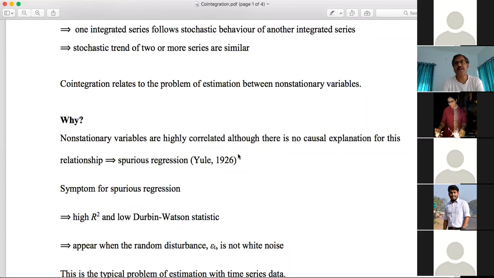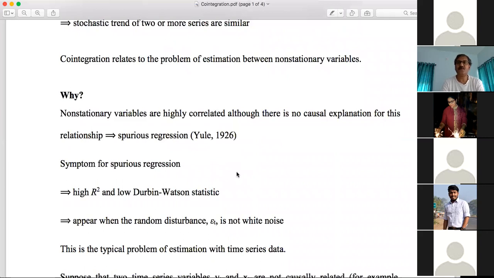Similarly, if you look at the value of R square, it is significantly high. But along with this, if you try to find out the estimated value of the autocorrelation coefficient, if you test for serial correlation, the classic test for autocorrelation is the Durbin-Watson test. If you look at the statistic for Durbin-Watson, you know that a value of 2 suggests there is no serial correlation.